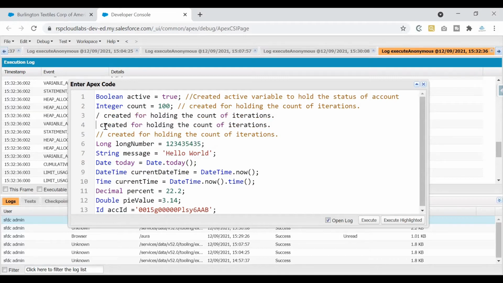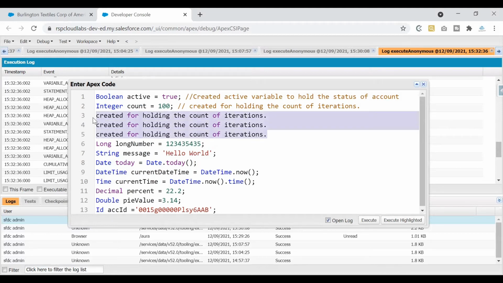So just to show you the difference, if I just uncomment these lines and if I simply execute it, so if you see here, I've written something in English which the system would not understand. So if you remember, Apex is a programming language this system would understand. Now I've written something in English, a language that the system would not know. So let's execute it and understand what would happen. If I click on execute, it would give me an error saying that on line number 3, I'm not able to understand what is this for and what is the syntax that you have written. So that is why it is asking me, what is this line that you have written? So we know the English language, but the system doesn't know what this English language is.